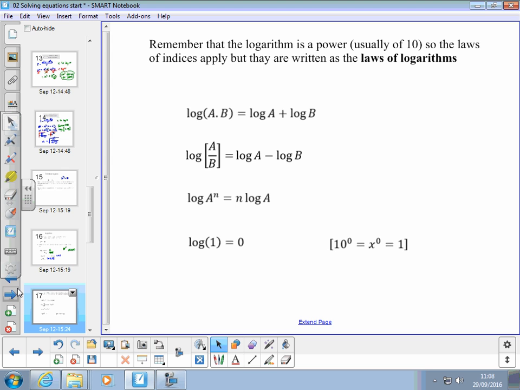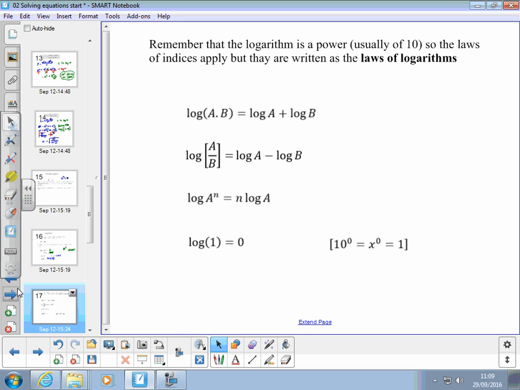So if logarithms are powers, effectively, then we can apply the laws of indices but write them as the laws of logarithms. So what we can do here is say that the log of a times b, in brackets, is equal to the log of a plus the log of b. Back in my old days at school, one way of multiplying two big numbers together was to find the log of them,